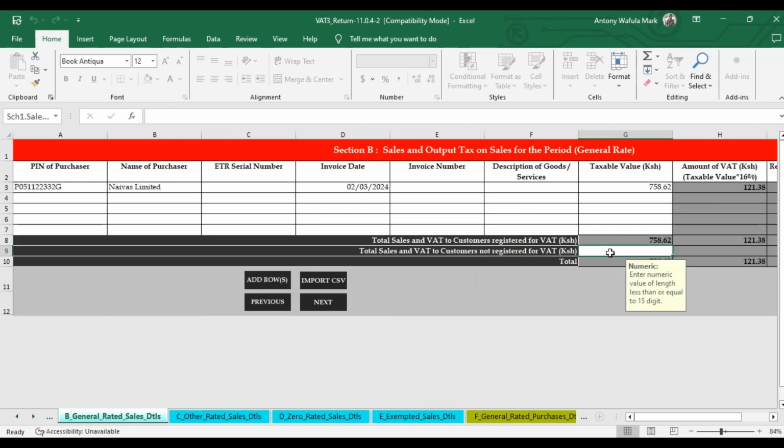But in the case of having clients who are not VAT registered, in the example of just walk-in clients, a client just walks in, you make a sale, then you produce an ETR receipt, and then you don't even know their KRA PIN because they're not VAT registered. So you get the totals of the sales made to customers not registered for VAT. You get the sum total. And remember, it has to be a subtotal because this is a taxable value,